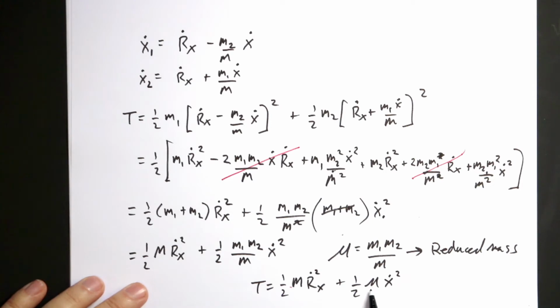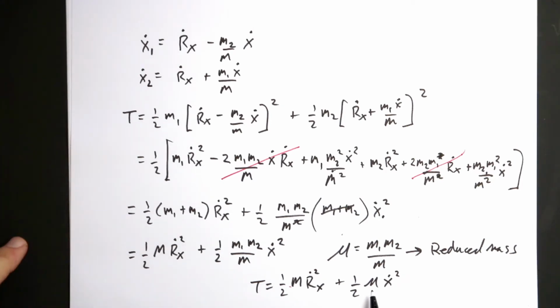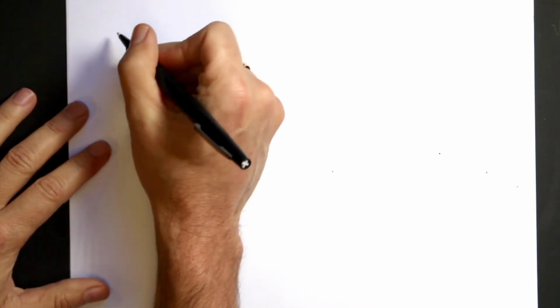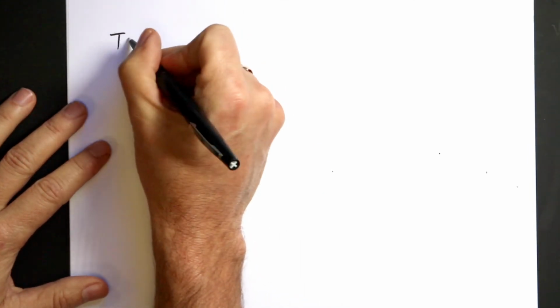But we don't use one of the masses. We use the distance from one mass to the other and then this reduced mass. Now I could redo the same thing for the x and the y and I should get the exact same thing, right? It's the same math. I'm just using x's and y's. So that means I actually get this. If I put that all together, I get T equals,